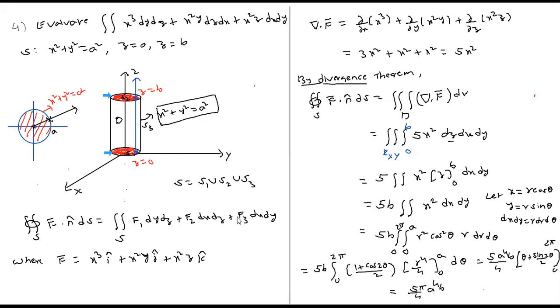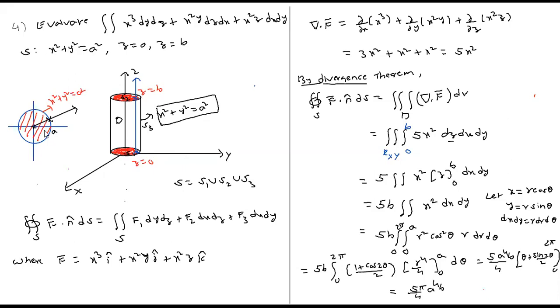But how do you evaluate the surface integral on the cylinder? How is the cylinder looking? Is it inclined to the xy plane or perpendicular to the xy plane? Cylinder. The cylinder is perpendicular to the xy plane, right? So when the cylinder is perpendicular to the xy plane, what will be the projection of the hollow cylinder on the xy plane? Circular region. Circle. It is not a circular region.